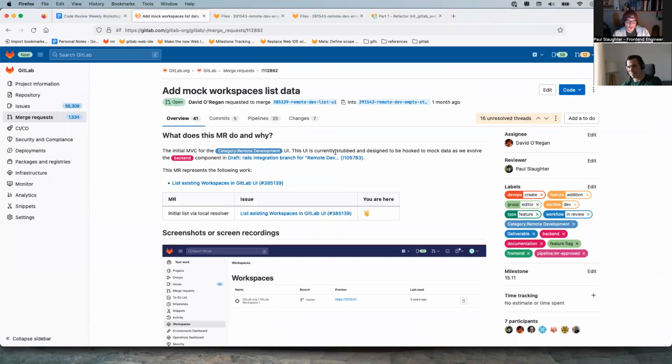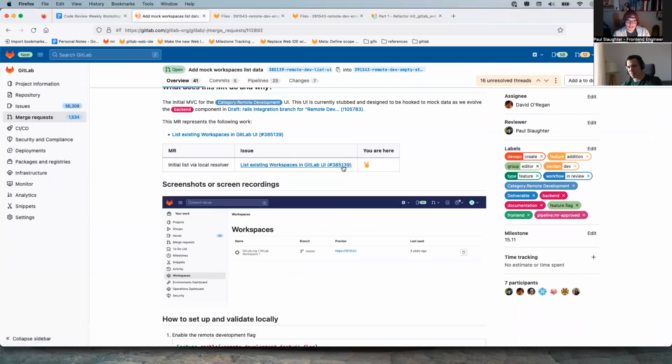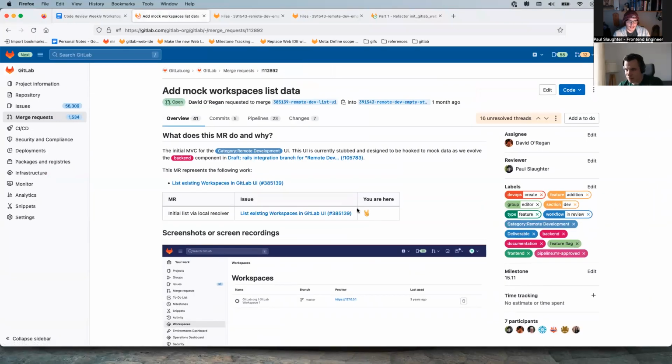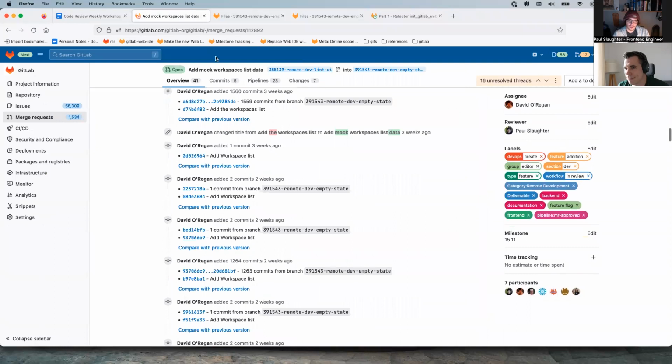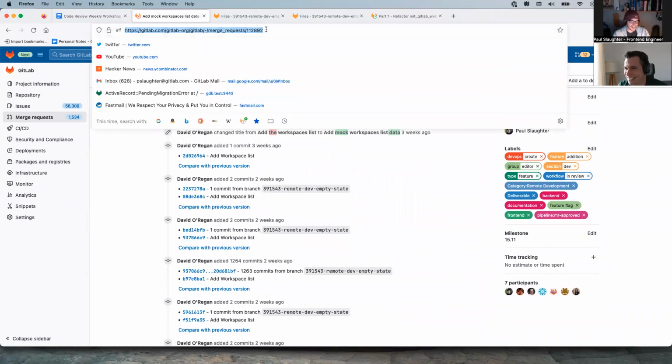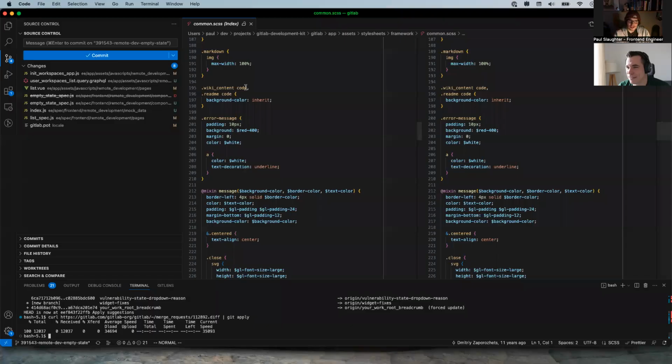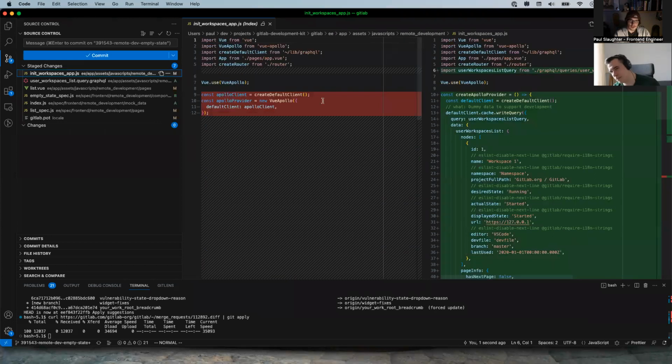Okay, but we're on this MR, which, David, if you're listening, it would have been cool to have some cross-reference links to the previous MR because I can't seem to find it, but that's fine. I checked out the stuff locally by checking out the target branch and then applying the changes from the MR so I can review the changes locally, which I love doing.